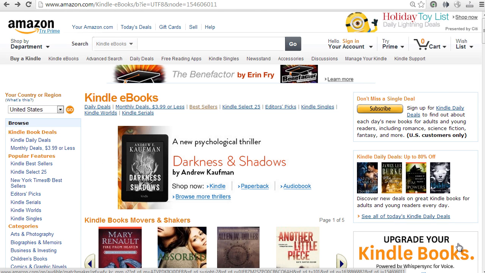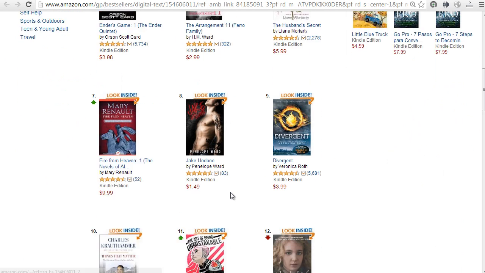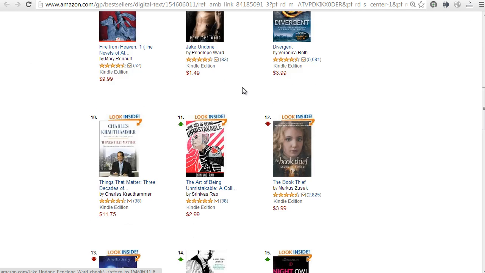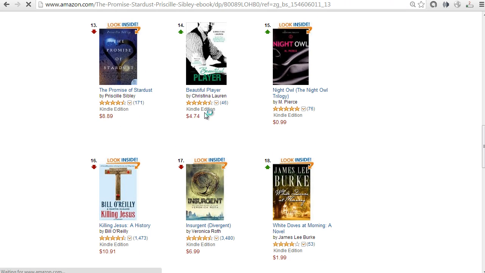Now, before you go out and try to find the keywords or categories that you want to use, you want to get an understanding of how the Amazon system works in terms of the traffic flow, where buyers come from, and things like that. If we take a look at the Kindle section or the Kindle ebooks, you can see that they have the bestsellers lists, monthly deals, daily deals, editor's picks, Kindle singles, and things like that. So people can find your book through here, or if they simply click on one of these books, for example, this one here,